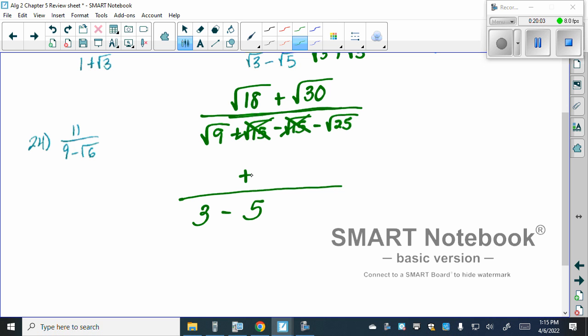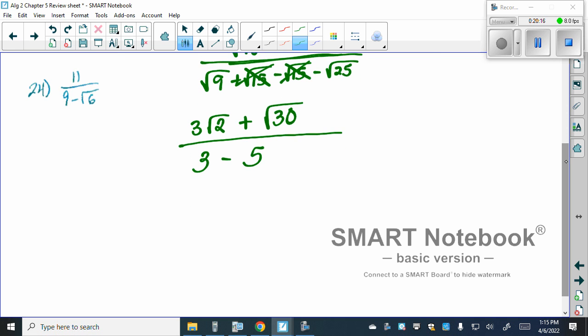Well, square root of 18 will reduce to 3 square root of 2. Square root of 30 will stay the same. The reason we can reduce the square root of 18 is because 18 is 9 times 2. We can take the square root of 9, which is 3, so it comes out and 2 stays. Now we do need to simplify the denominator. 3 minus 5 is